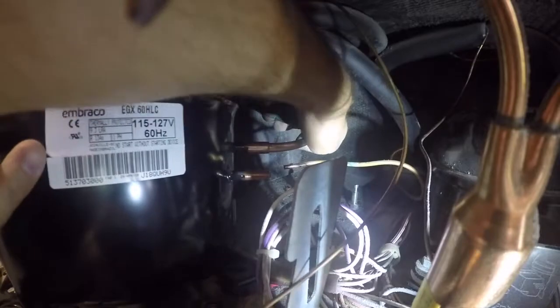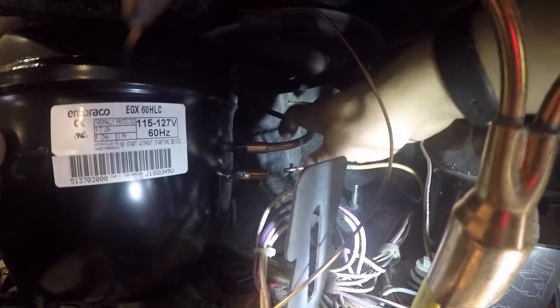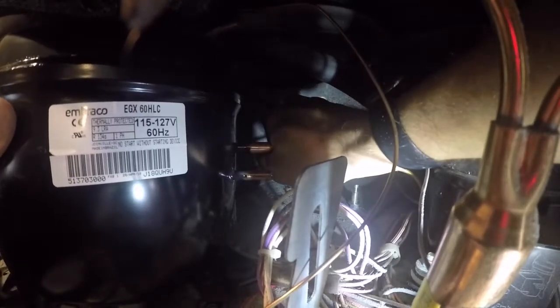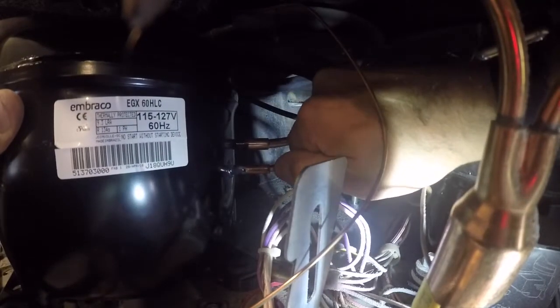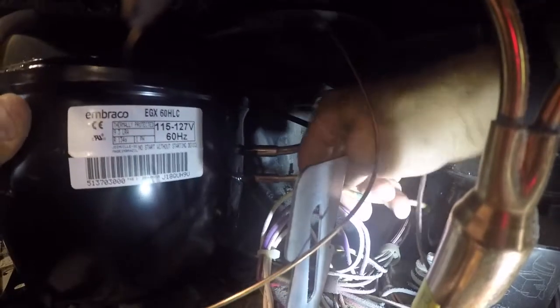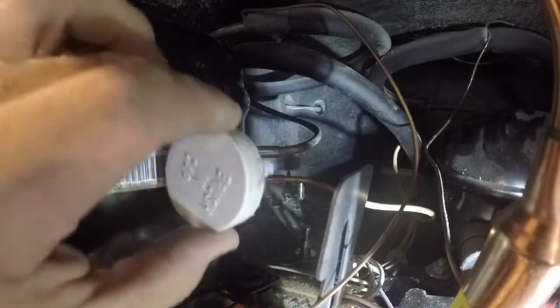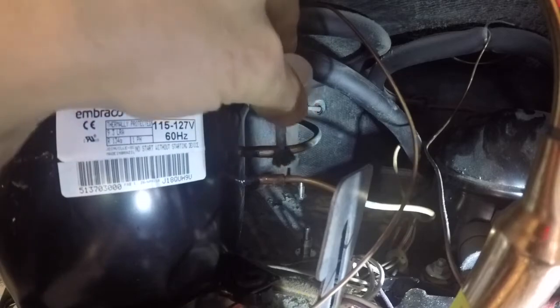Make sure you get them in there as far as you can get them. It'll make it so that your lines don't get plugged as easily when you are soldering those back together. Nice thing about copper tubing is it is very bendable, so don't worry about breaking anything. Bend it a bit to make it line up. I'm going to add the flux to the joints,